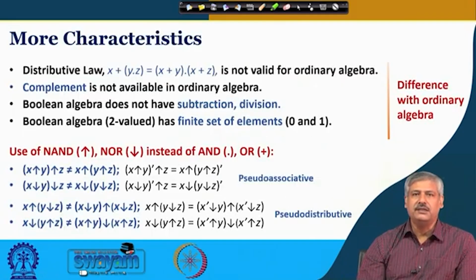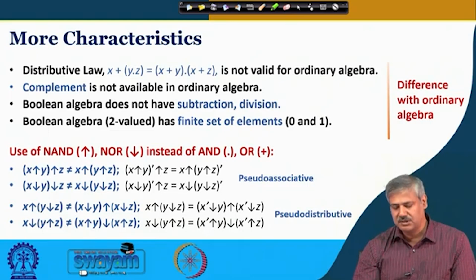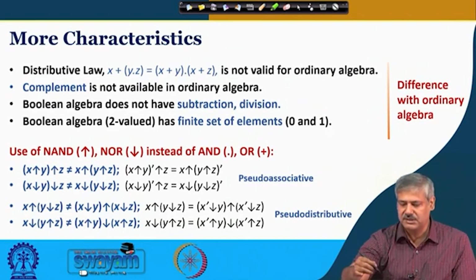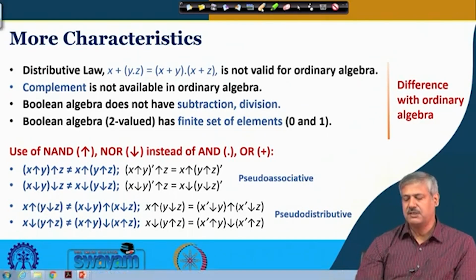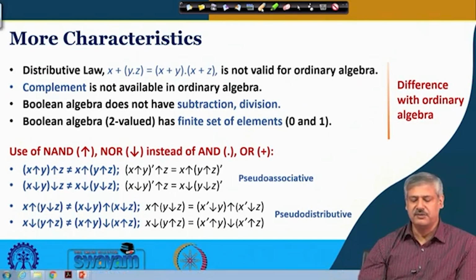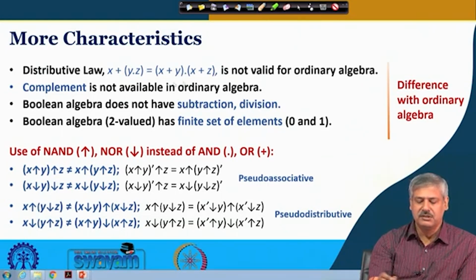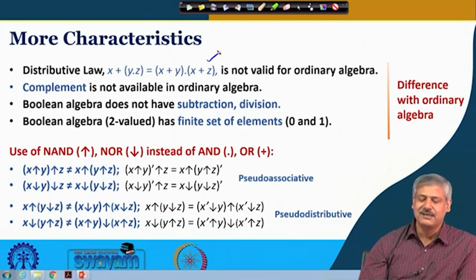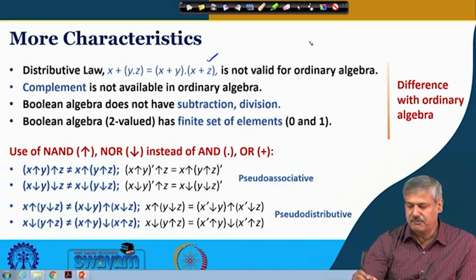So, to end this part of the discussion, we shall just look at some of the characteristics. What we have noted before is that Boolean algebra has certain differences with ordinary algebra. This distributive law, the way we have seen it and utilized in many different cases, is not valid for ordinary algebra. So, if you have got say 5 plus 2 into 6 kind of thing,